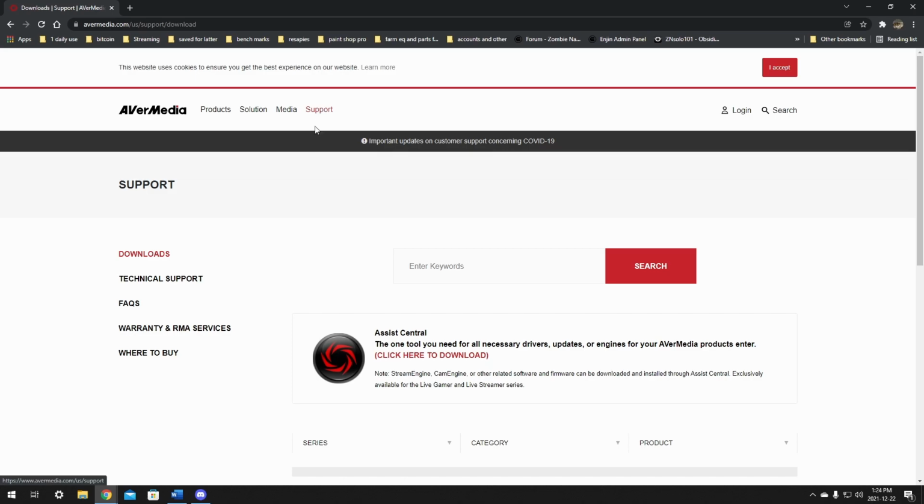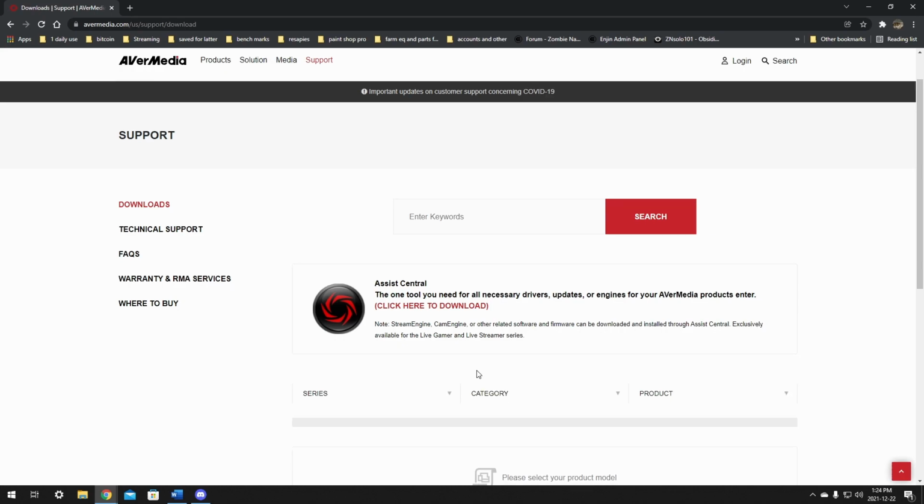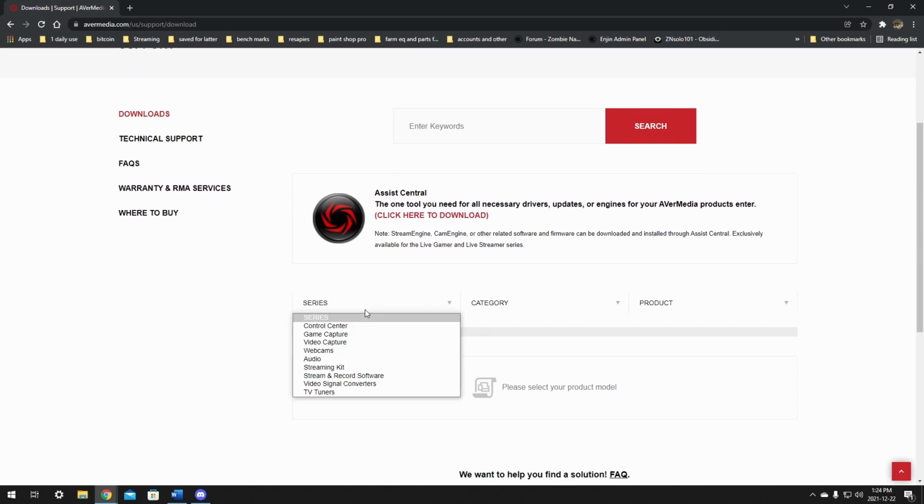You just need to go to support. And the first thing that you're going to be brought to is the downloads. Now this is going to give you this generic download called Assist Central. This is going to detect what you have and suggest the best drivers and stuff like that. But if you don't want to go that route and you want to pick your specific product, we'll go in here to